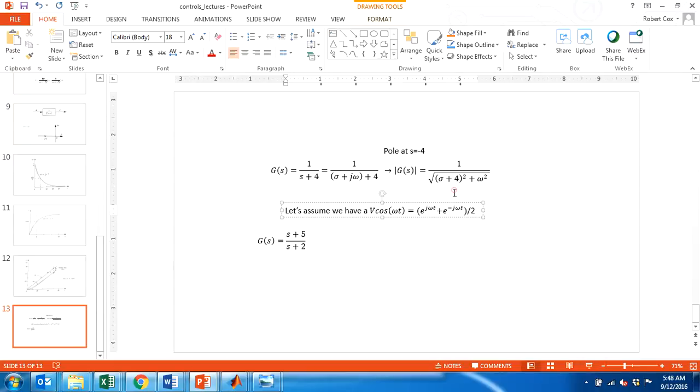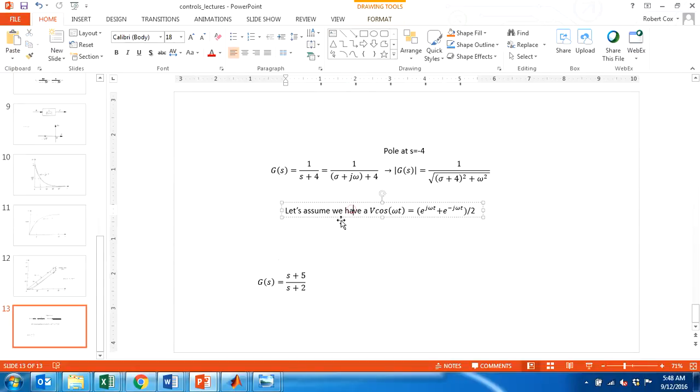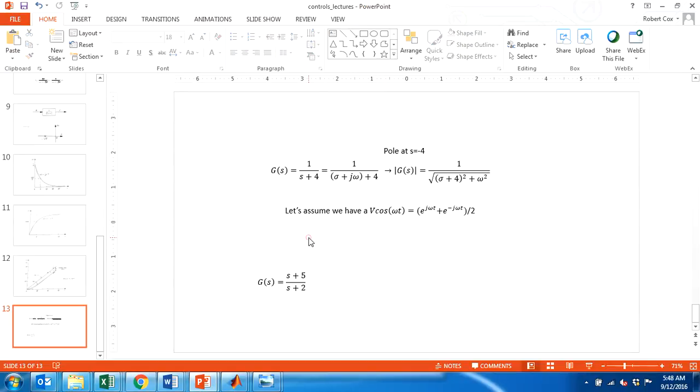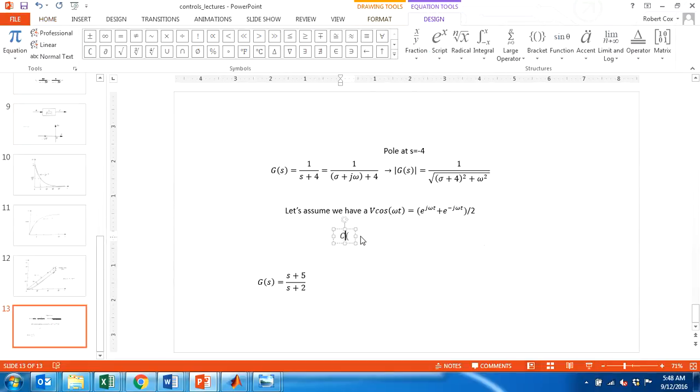So if I apply exponential inputs with that particular frequency, e to the j omega t, then if I say C of s equals G of s R of s,